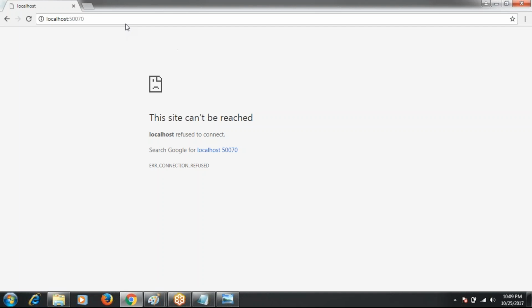So whenever you enter 50070, which is the name node port, it will show the name node status. What is the name node used for? Storing the metadata, and it has everything about HDFS, how much data is there. We can see that status: how many directories are there, how much data is there, how many blocks are there. We can see all types of jobs, how many live nodes, how many dead nodes, which node is working well. Everything you can see by using this port number. After setting up the cluster, I will show it anyway.